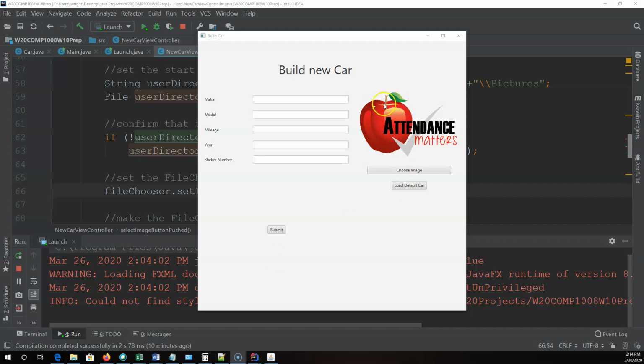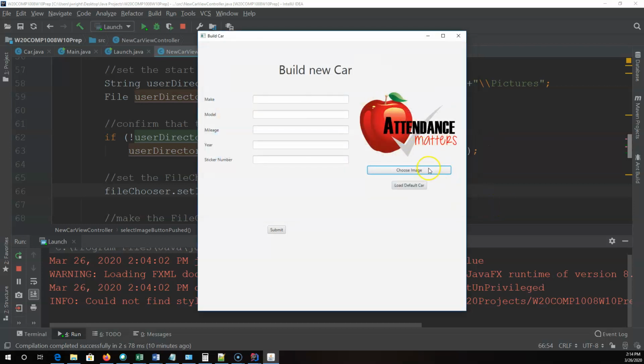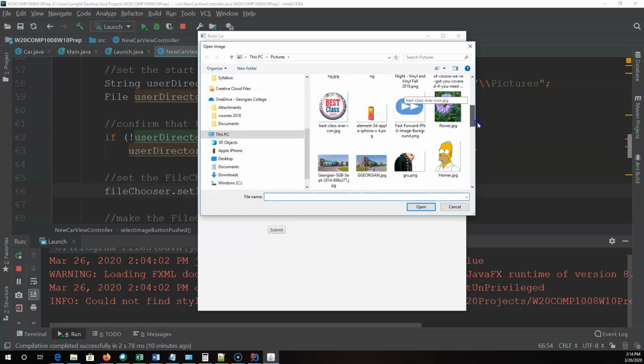In the last video, we talked about how to configure the file chooser to go to a default directory. So in the case of PC, it would go to the pictures directory. In the case of a Mac, it would go to the user's home directory. So the last thing that we want to do is we want to actually see just images come up in